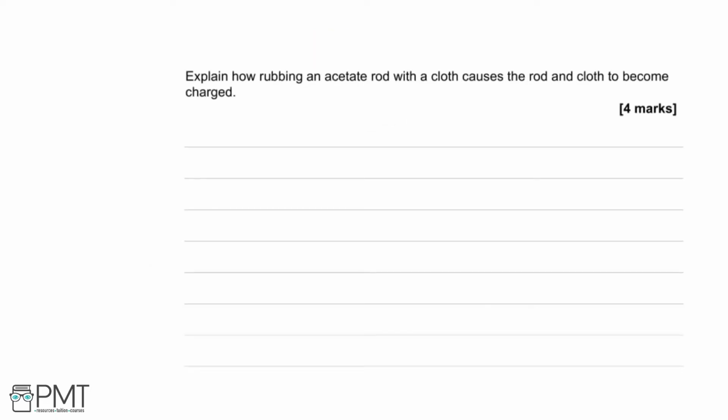The question asks how the rod and the cloth become charged. So it's this process of the movement of electrons that we need to explain. We should start off our explanation with what causes the movement of these electrons. We saw in the question that it's the rubbing that causes this, and it's actually the friction. So we should start by saying that the friction between the rod and the cloth